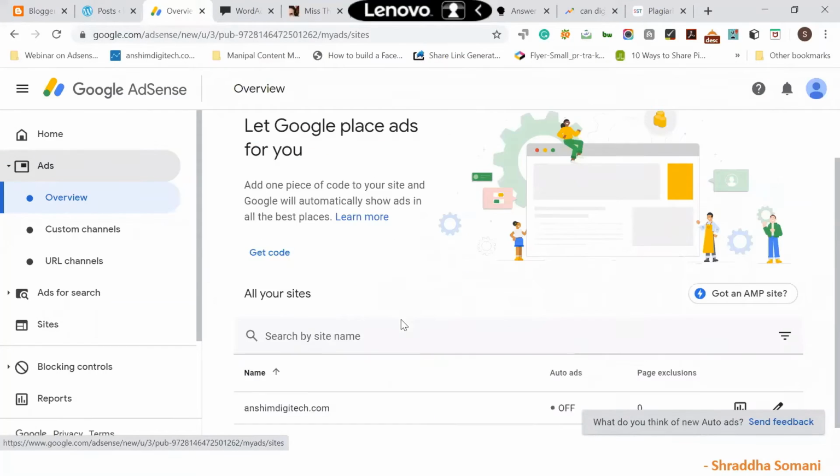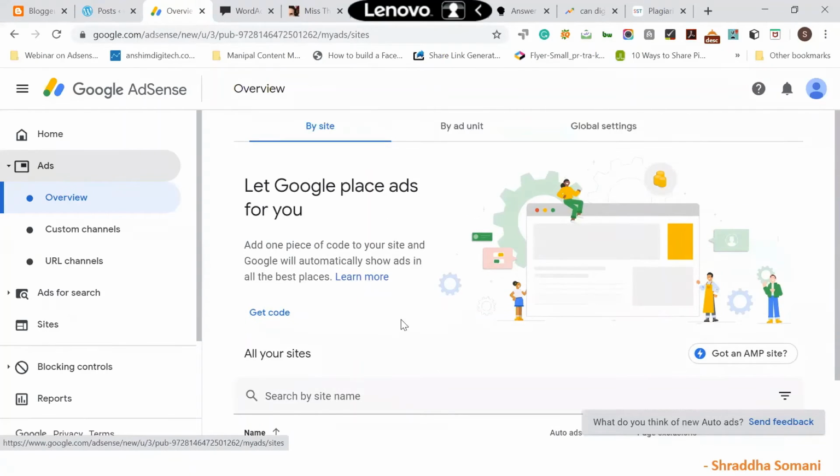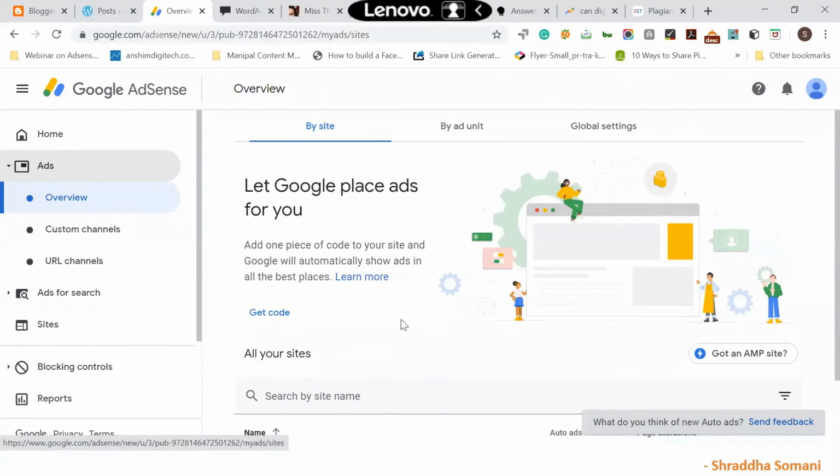Now there is something known as automatic ad placement also, which Google AdSense has recently introduced. By site, that means Google AdSense will automatically decide where the ads need to be placed. But again, my suggestion is that your blogging site is your property, and hence you decide where you want to show the ads.